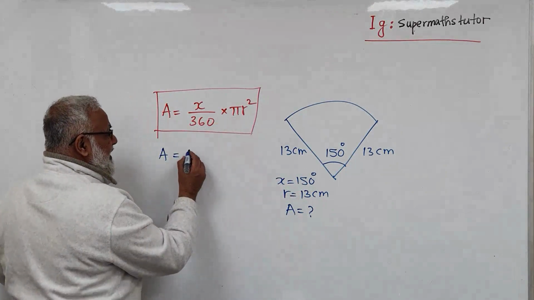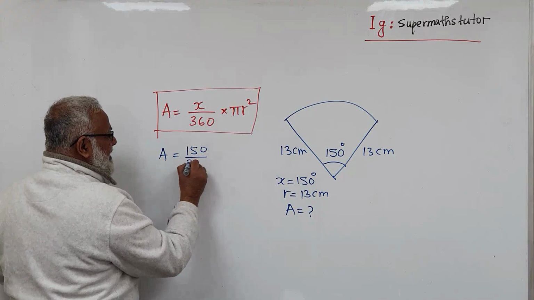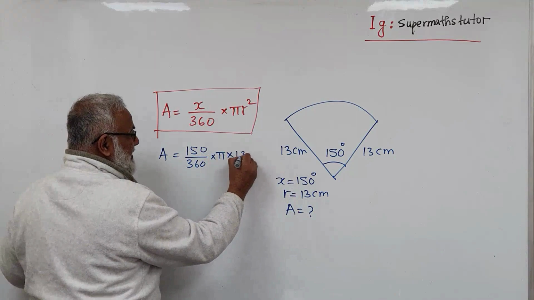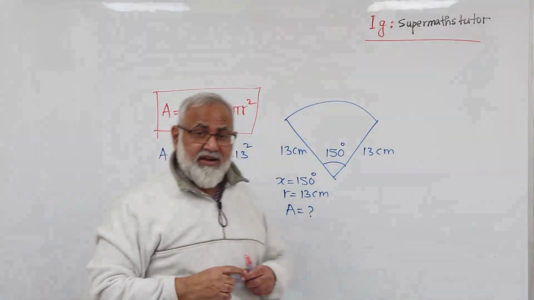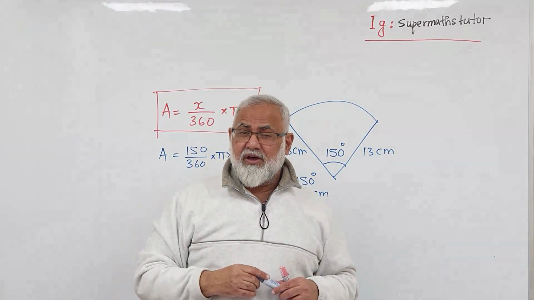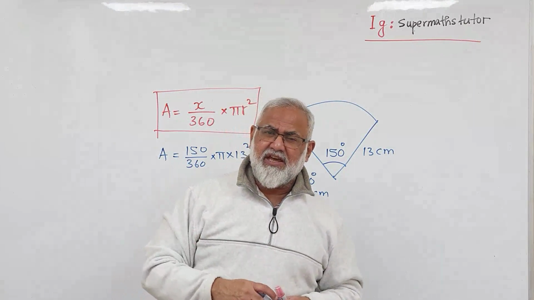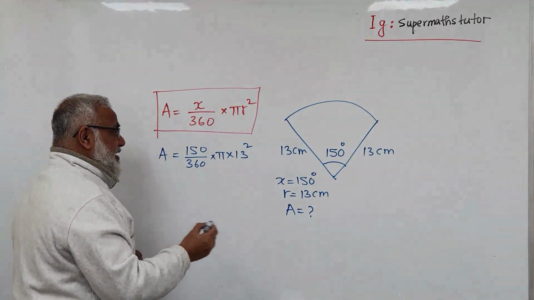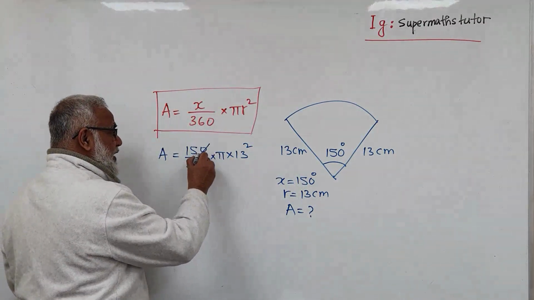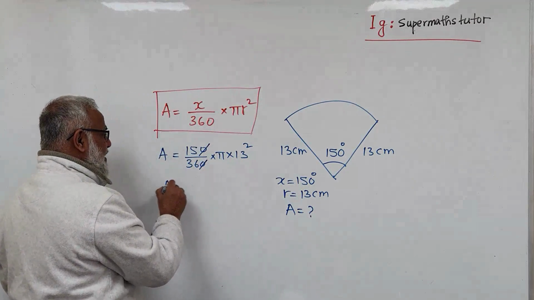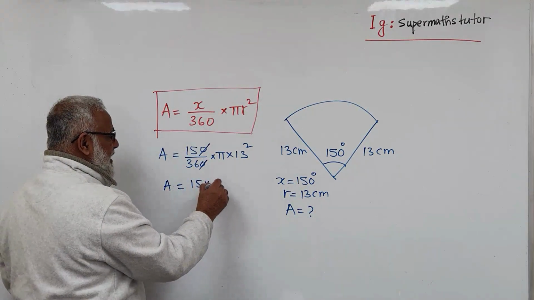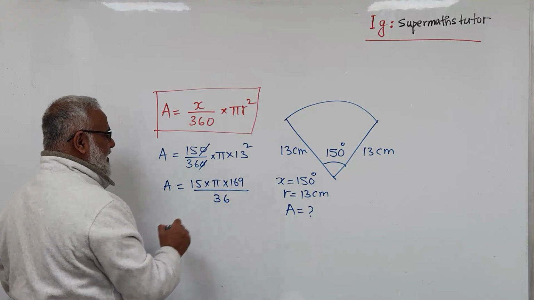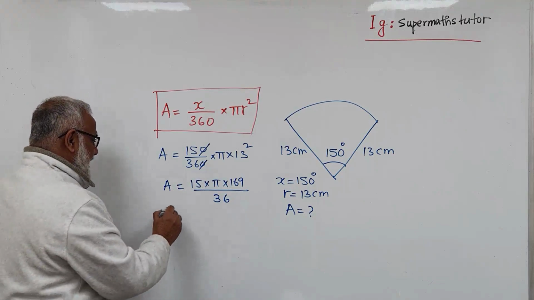So let's do it. 150 divided by 360 times pi times radius squared, which is 13 squared. Remember, 13 squared is 169 if you are good in square numbers. Or just use a calculator: 13 times 13 is 169. Take a calculator. If you don't have a calculator, I will do this. The zeros cancel. So A equals 15 times pi times 169 divided by 36. Alright? So when you do it, you get the answer